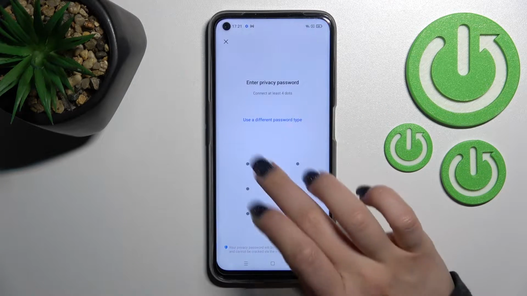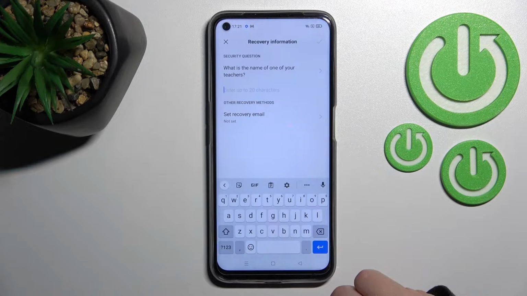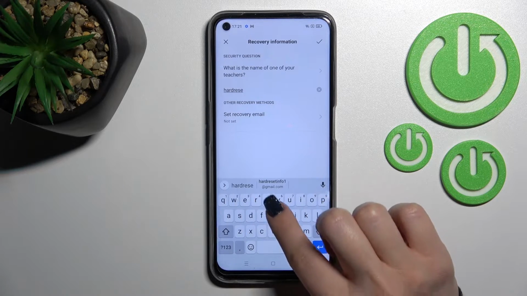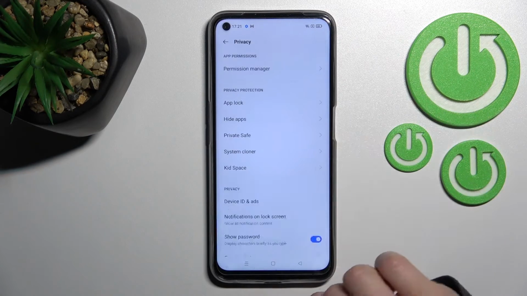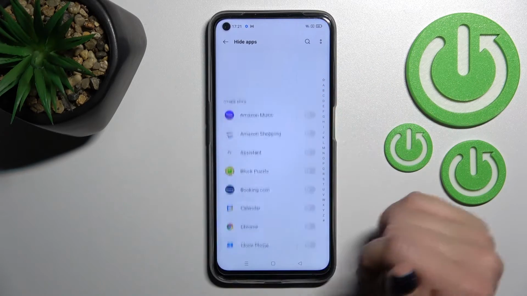For example, I'll go with the pattern. So just draw the pattern. Here we should just answer the security question. For example, let's add here hard reset. Just click here to OK in the right upper corner, and now we should just select the applications which we